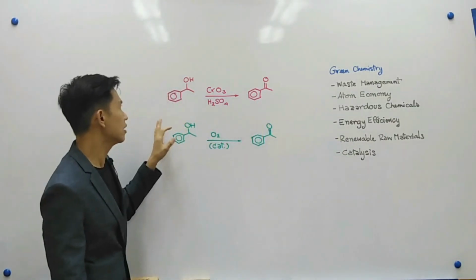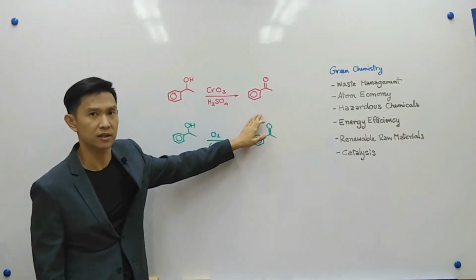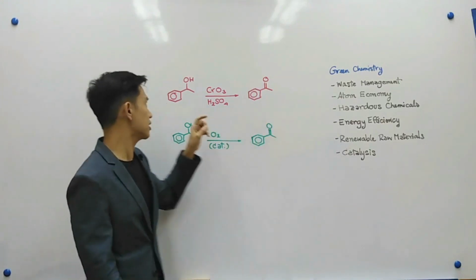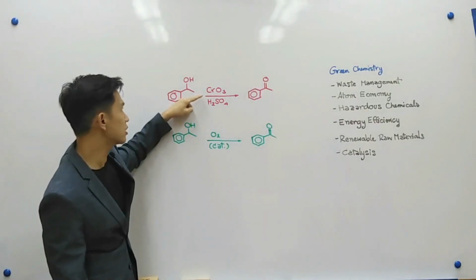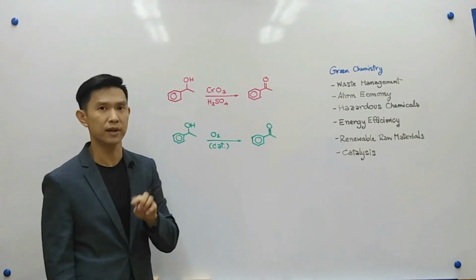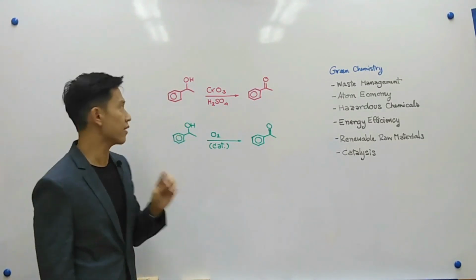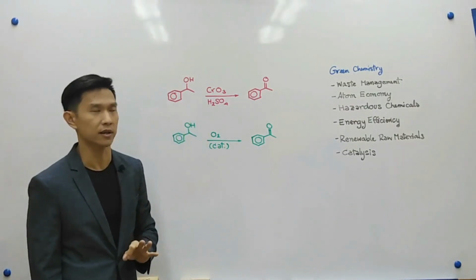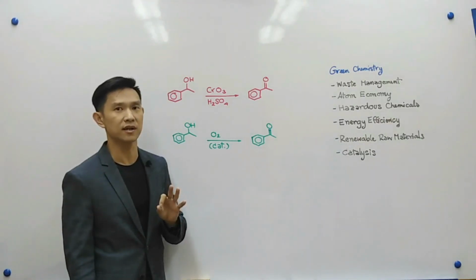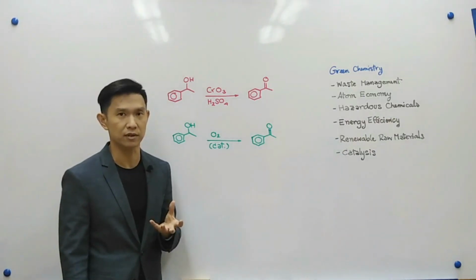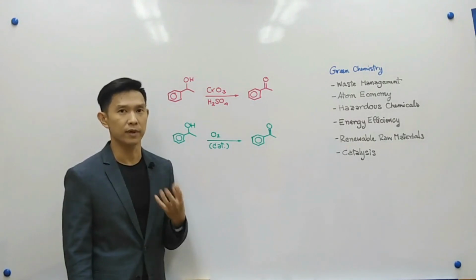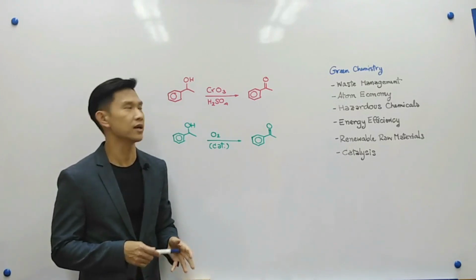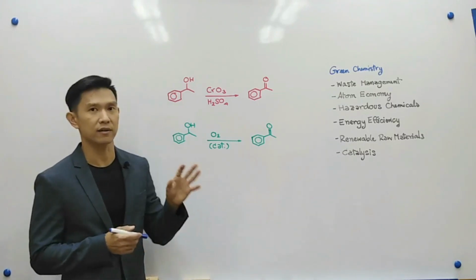Because in this reaction, not only is your ketone produced, but there are also byproducts. As you can see, you're starting from chromic oxide, which has chromium in the +6 oxidation number. After the reaction, chromium is reduced to chromium 3 ion. Chromium 3 ion is a metal, and if this metal is released into the environment, it is toxic to aquatic life. So what you have to do is get rid of that chromium